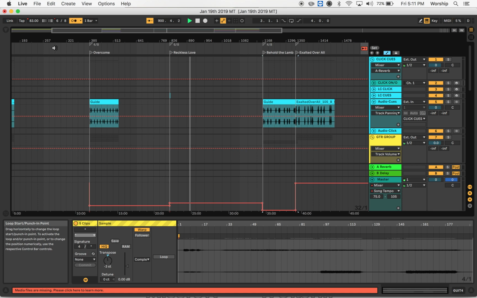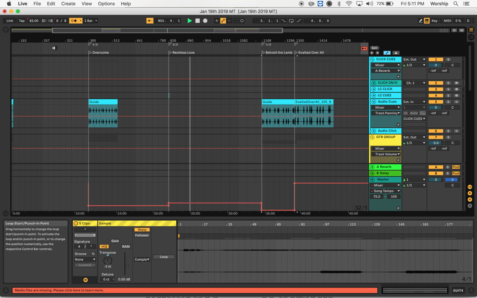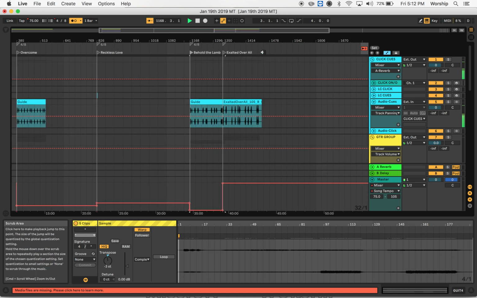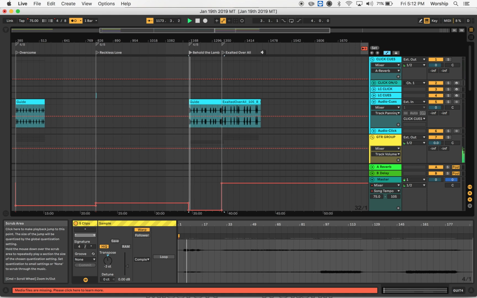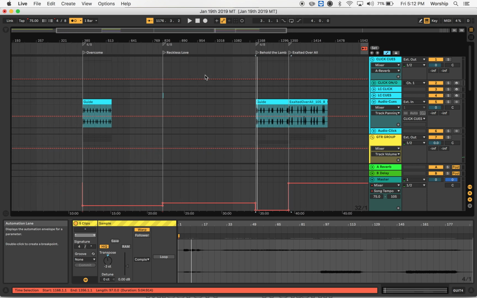Let's say we're ending the song here. 1, 2. And then that fades out nicely. Intro, 2, 3, 4. And then goes right into Behold the Lamb. So that's pretty nice flow there.